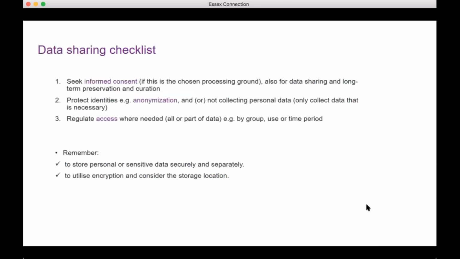Okay, so moving on to the data sharing checklist. We call it a data checklist, a data sharing checklist. There are a variety of ways in which we protect participant identities, while of course ensuring that we comply with our legal and ethical obligations, and we refer to this as